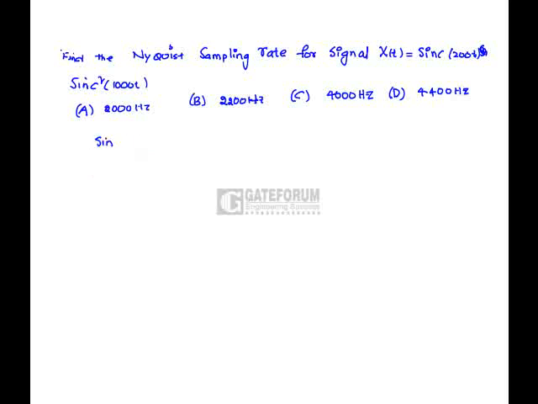Suppose sinc 200t is represented in time domain like this. In frequency domain, the band of frequencies are 100 Hz to minus 100 Hz. This is F,